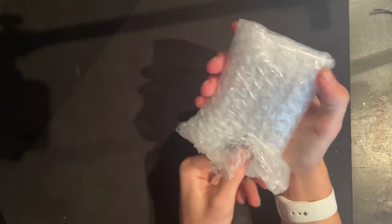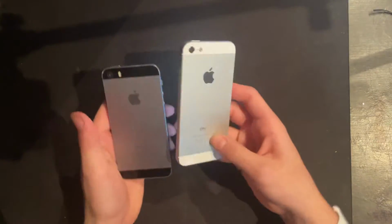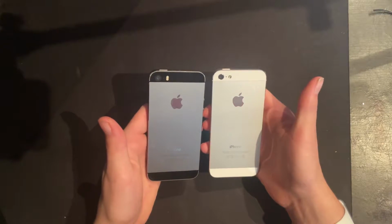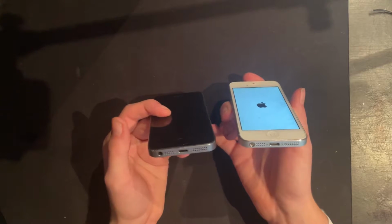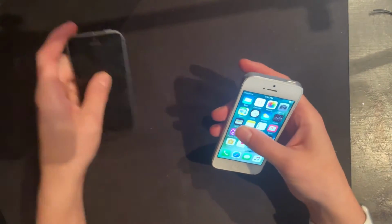As some of you may know, I have all the way from the iPhone 2G to the 5S, and I have the SE first generation. So it's practically identical to the iPhone 5S, other than the fact that it has a single flash and otherwise also Touch ID. It has the same layout on the bottom, headphone jack, power button on the top right, and